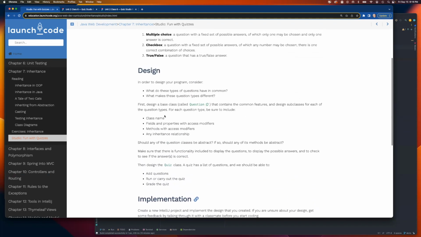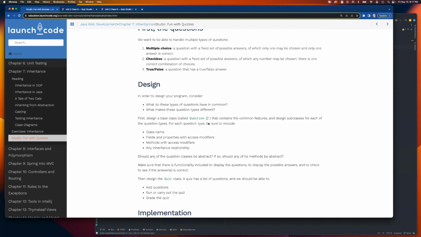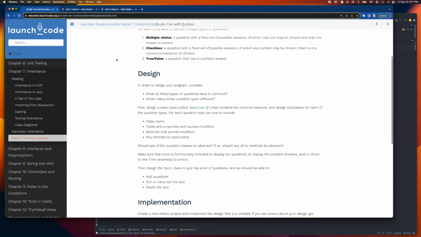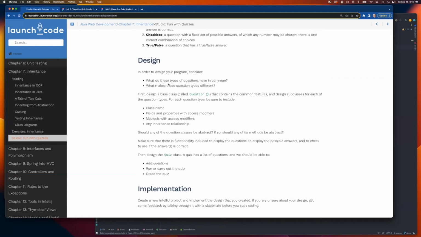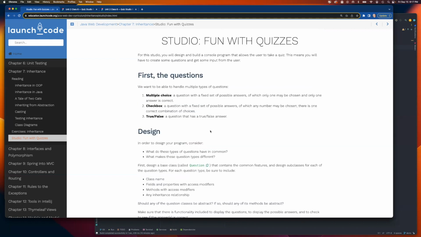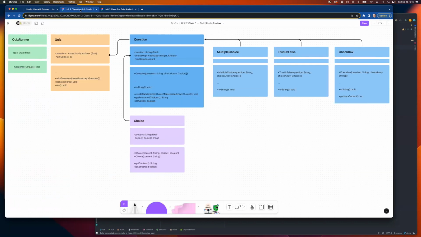However you decide to divvy up all of your fields and methods and things, there's going to be lots of different ways to do this. I'm only going to show you one. So if you want to spend some time on this yourself, go ahead and pause the video, and then you can come back in and see how I plan to do it. Okay, so